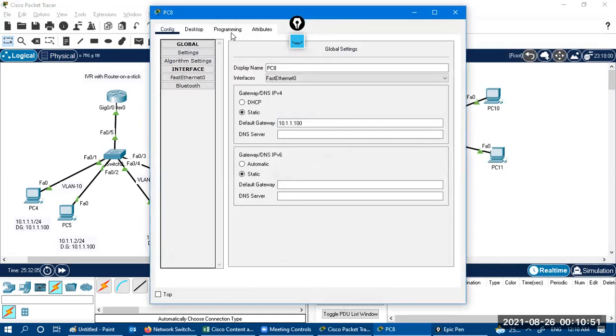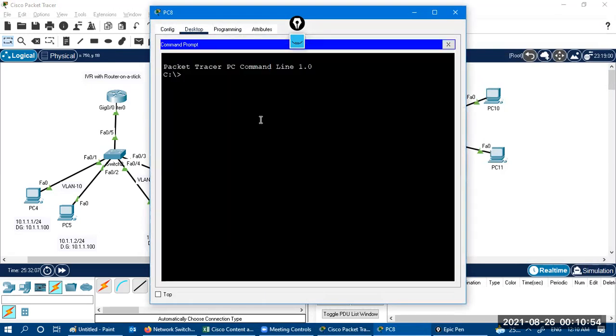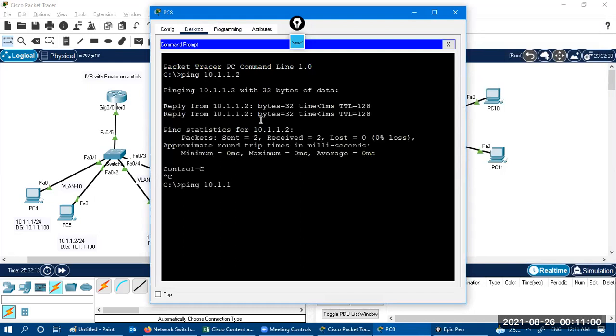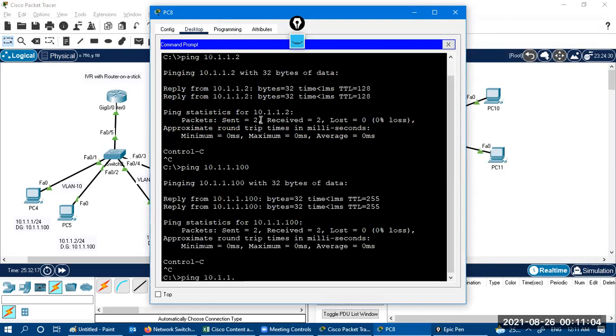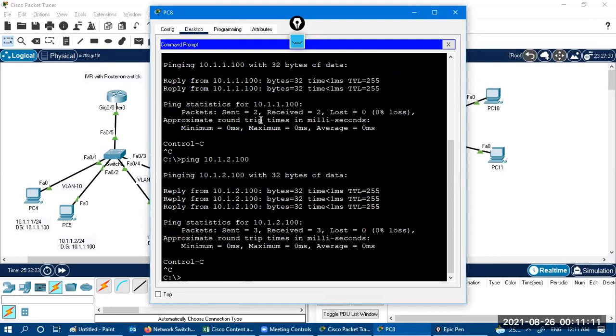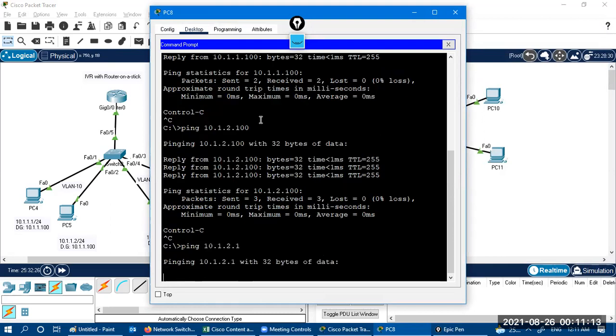So let's verify it. Desktop, run, try to communicate with 10.1.1.2. Yes, I'm able to communicate. Try to communicate with your gateway. Yes, I'm able to communicate with the gateway. Try to communicate with the different gateway.